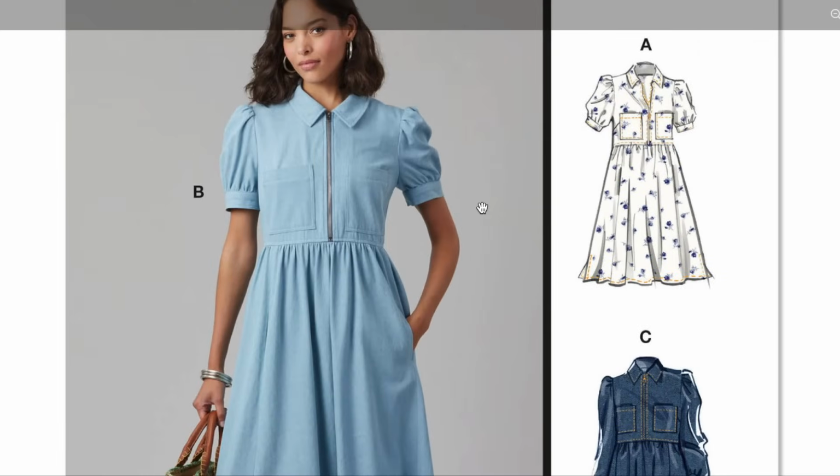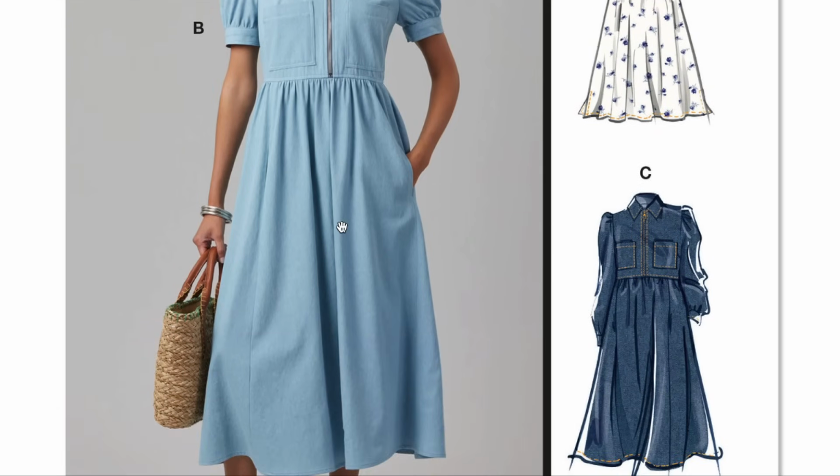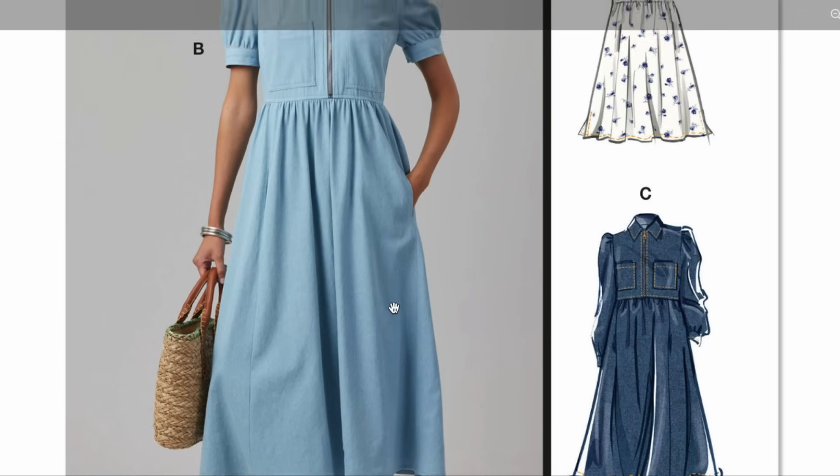Okay, so it's another shirt dress. Well, like a half shirt dress. I do love the little collar all zipped up with an exposed zipper. That's really cute. I also have so much denim, like just an absurd amount of denim. So I have a lot of denim dresses also though. So do I need another denim dress? Probably not. But